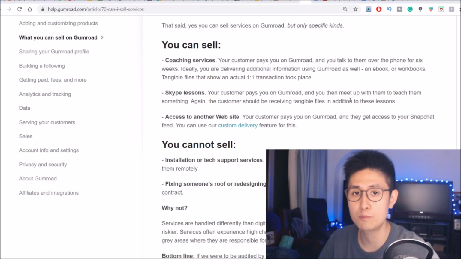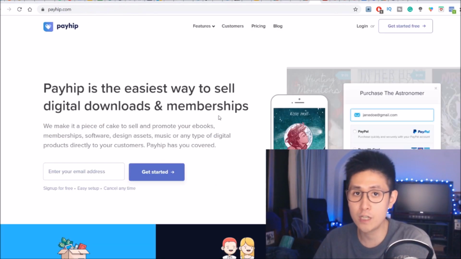Now, before we move on to product sourcing and creation, I just want to point out one last thing, which is actually another platform for listing and selling digital products called Payhip. I have covered Payhip before in some of my older videos, and while it's functionally similar to Gumroad, there are a few differences which could warrant you wanting to use one over the other, or even both,